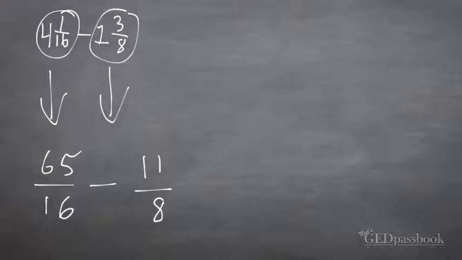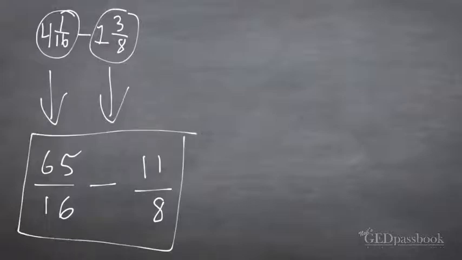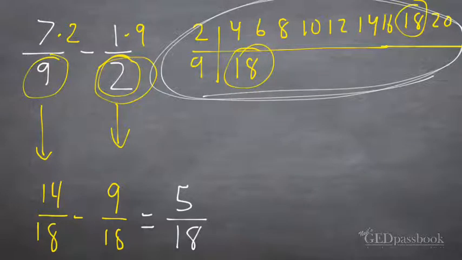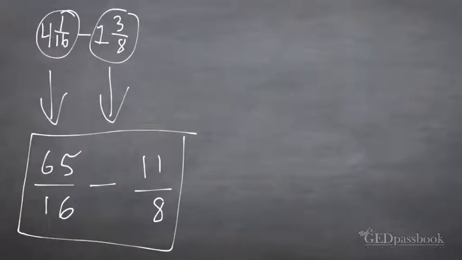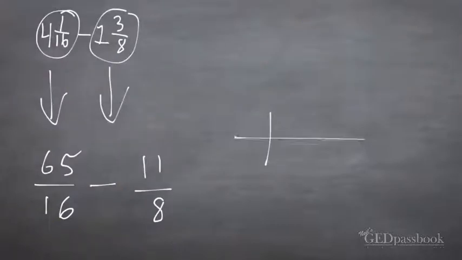So, this is why students like doing it this way, because if you take that initial step of converting your mixed fractions to improper fractions, if you look at this right here, it is no different than what we were doing before. All you have to do now is just find the common denominator, which we know is 16, and